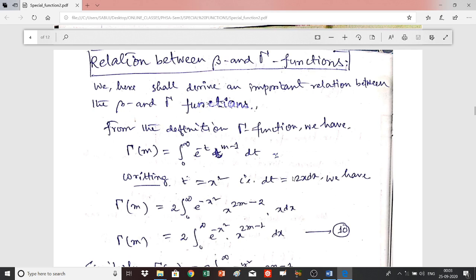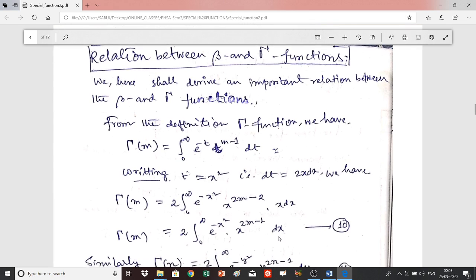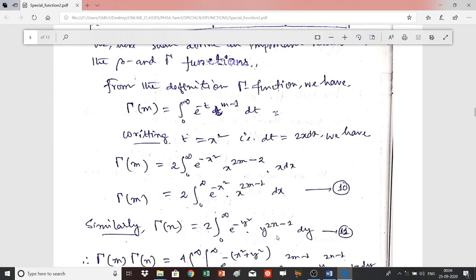And dt is 2x dx. So gamma m is equal to 2 times the integral from 0 to infinity of e to the power minus x square, x to the power 2m minus 1 dx. This is equation 10. And similarly, for another integer n, you can write